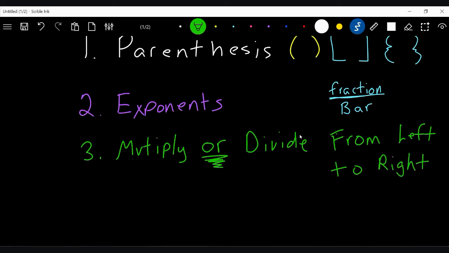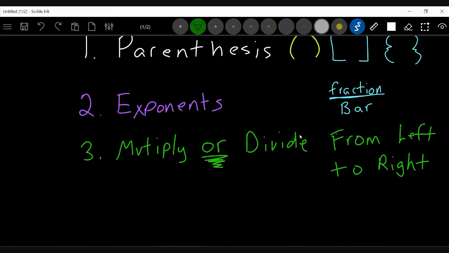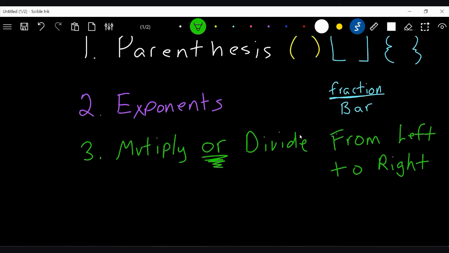From left to right. Now that is important. And here's a mistake that a lot of students make. A lot of students will just say, okay, I have to multiply, that's first, and then divide, that's next. No, wrong. And that's why I don't like PEMDAS, because PEMDAS says,